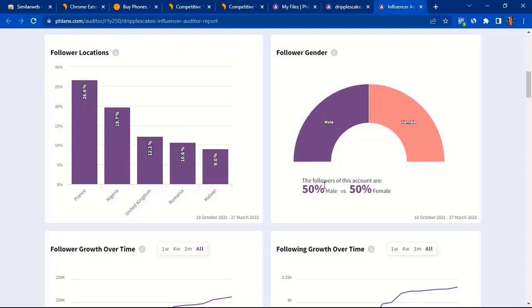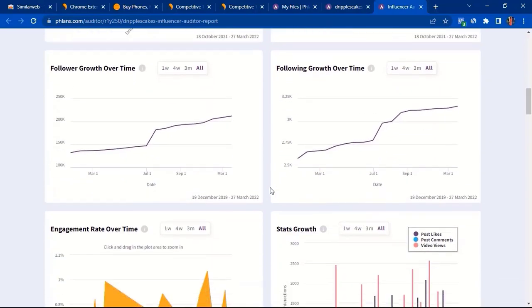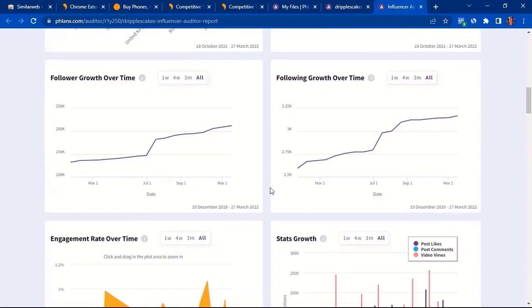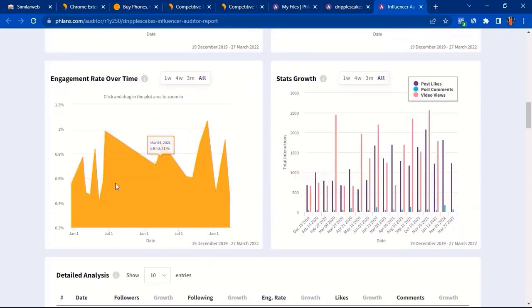Just in case you've been on the fence and you're saying, oh, the entire cake thing appeals to females alone, it's a lie. It appeals to males as well, because it's 50-50 here. So it just gives you an in-depth insight into how this thing works. You can see the engagement rate over time. The highest so far has been as of November 28, 2021.